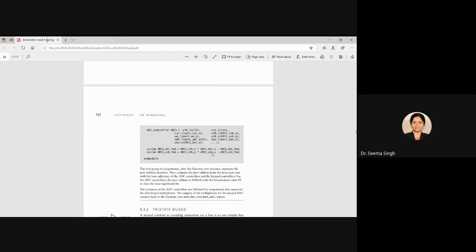So this is about the simple IO controller. It is also showing how different IO controllers are controlled by the same processor, and also how things are being taken care of by the program and the complete connection. So here you saw two analog to digital converters and one keypad controller being interfaced with this. So you need to see this carefully.